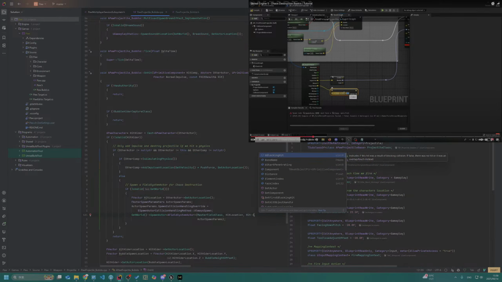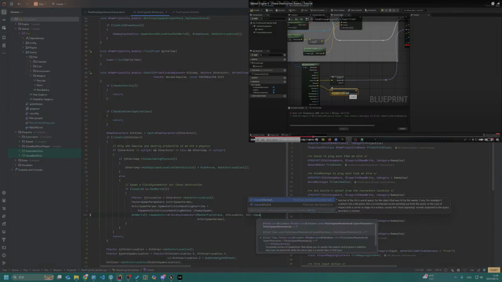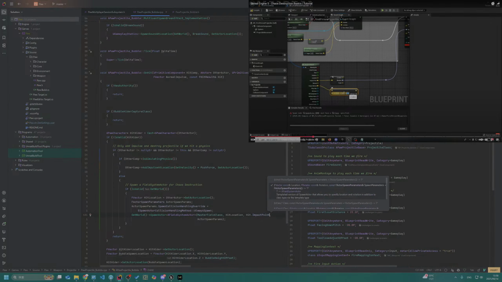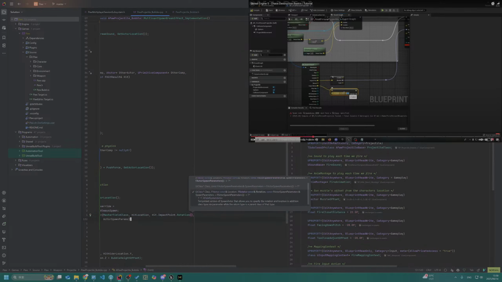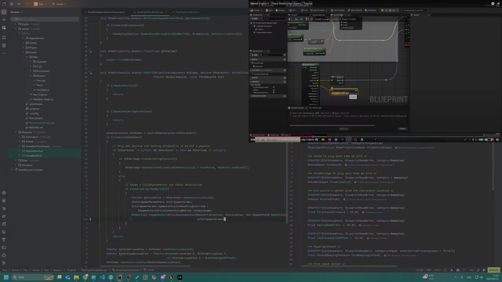Hit impact point and the rotation. Into multiplayer spawn later.